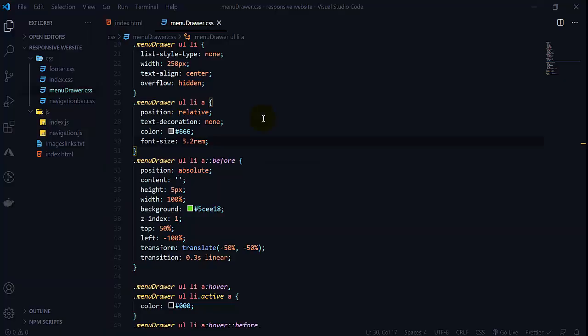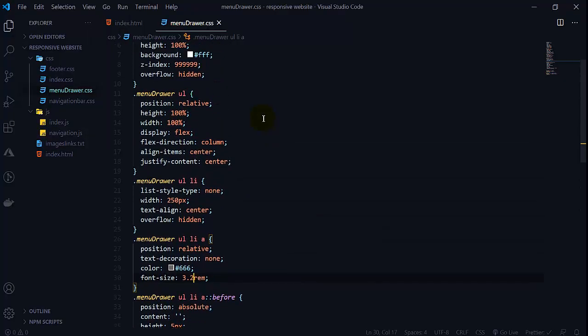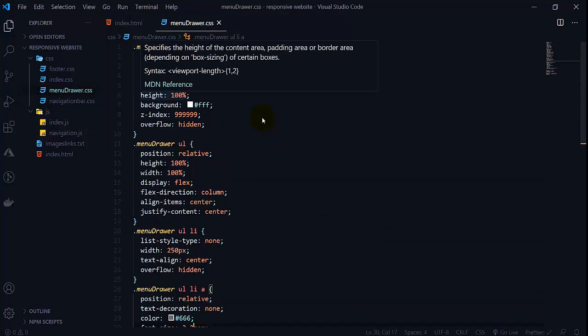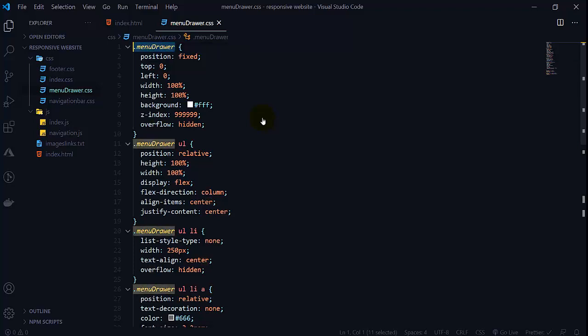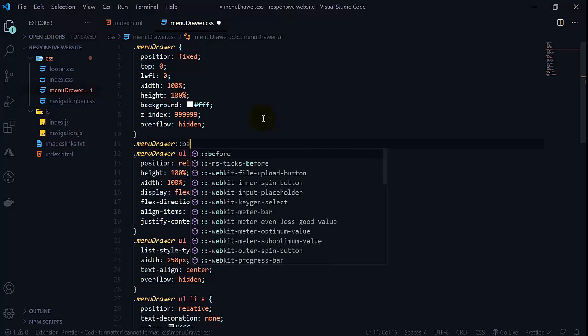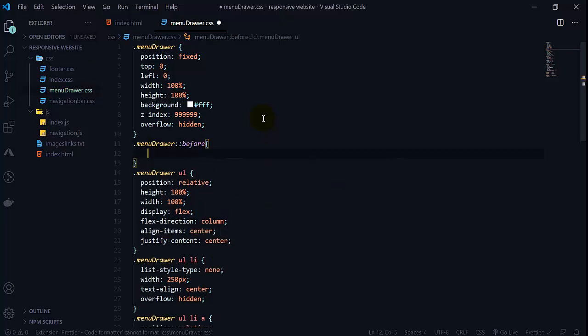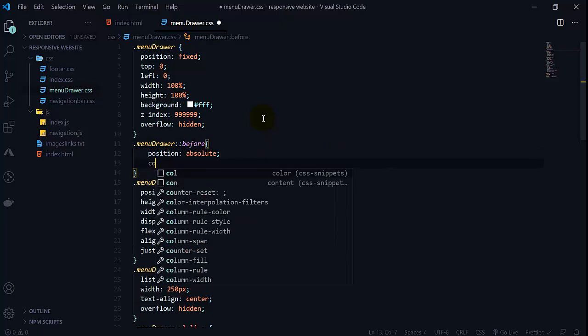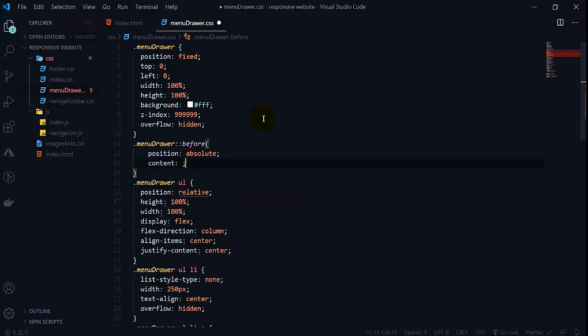For that we want only this menu drawer here. So we want menu drawer before. Its position will be absolute, and content we want nothing because we only want a line here.